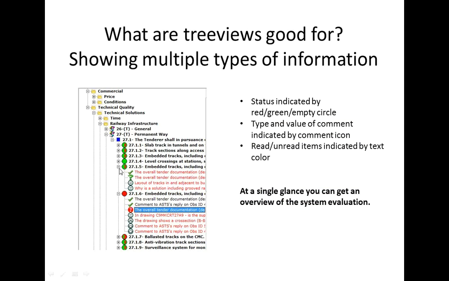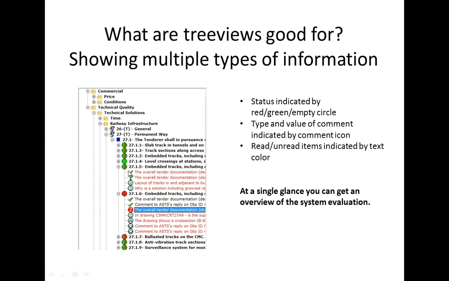This is about tender evaluation, and if we look at one of the expanded bullets, we can see that the status of the bullet in this case is indicated by the colors. It is mostly green with a bit of red, meaning that some parts of this item in the tender evaluation are okay, and some parts of it are not. Below we can see,